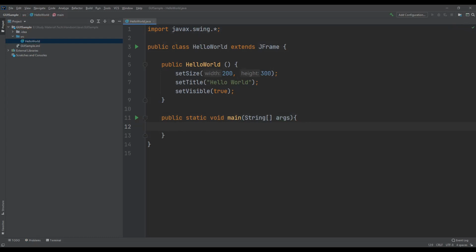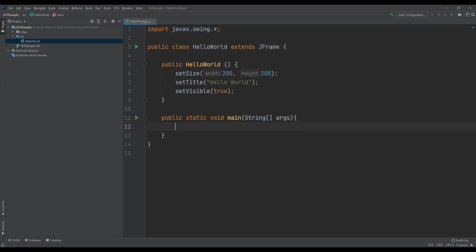Okay. Now in this case, what we have to do, we know that the JFrame has a constructor. That constructor will create a window. It will set its size, set its title, and then it will make it visible. Now that method, that HelloWorld constructor has to be called. So who should call it? We'll call it in this main method.